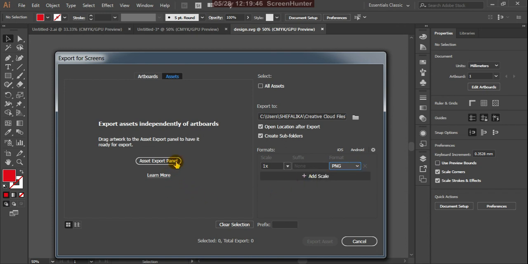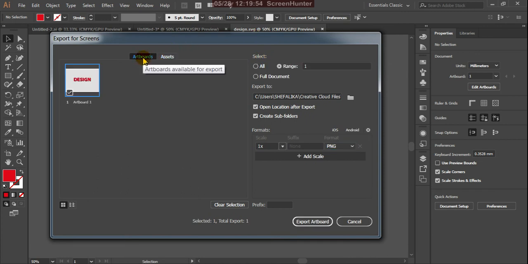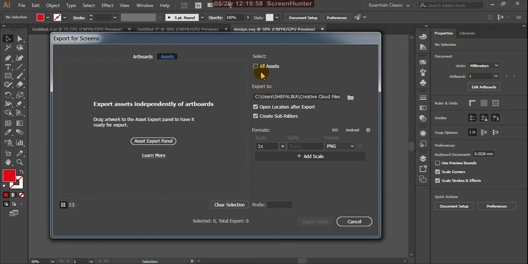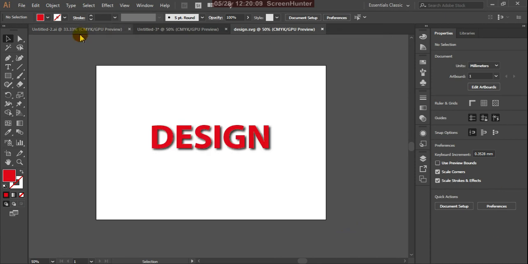Export panels are there, all the assets, whatever you did, it lists all the exports. And these are your artboards. Assets means these are all the assets. Export Artboard means the same artboard you can export as usual.